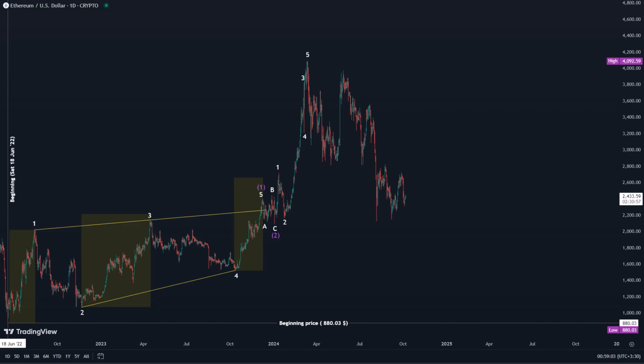The advance ratio of the third wave to the first wave was 123.6%. The fourth wave was a double zigzag pattern. Subsequently, the fifth wave became shorter and could not surpass the peak of the third wave, and finally formed the first wave in the degree of a larger wave. However, this is just my opinion.